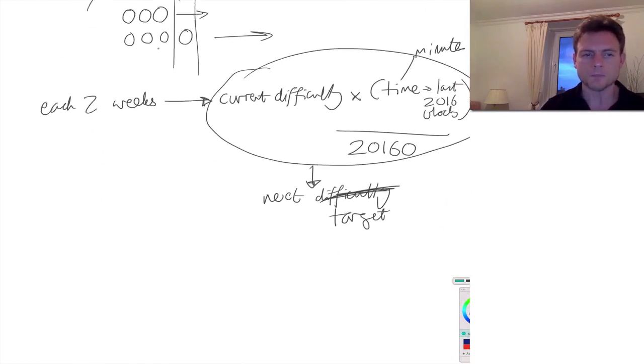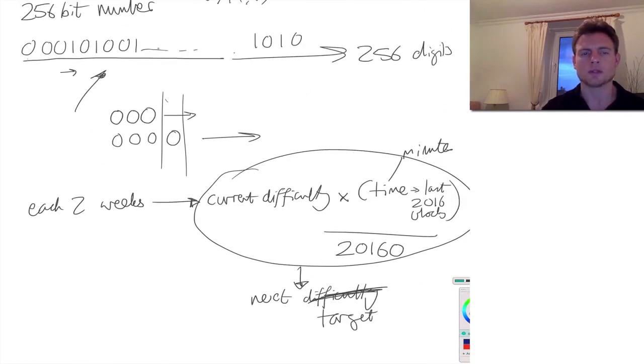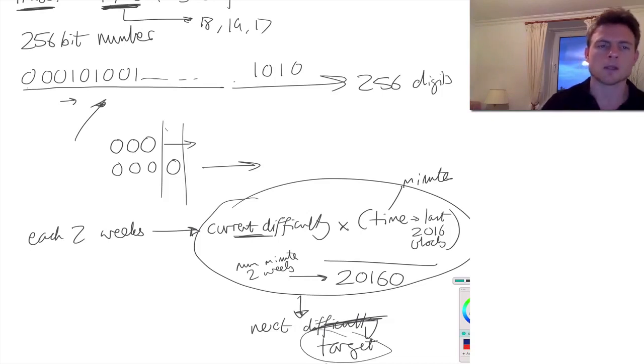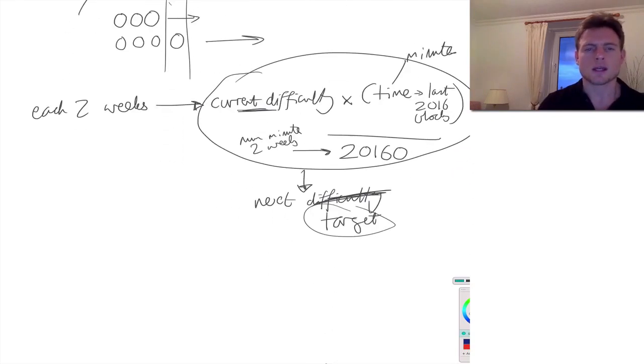So basically, I'm trying to illustrate the point that clearly, the ratio between the time for the last 2016 blocks and the number of minutes in 2 weeks is quite a granular ratio, right? And that's the whole point. We want to be able to adjust this difficulty on a more granular level than either doubling it or halving it. So all I'm trying to say is, and it's a kind of long-winded way of saying it, but